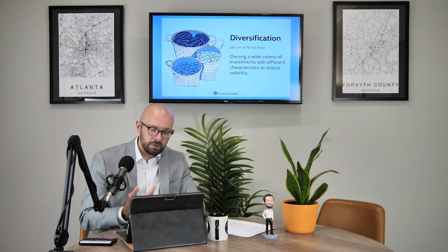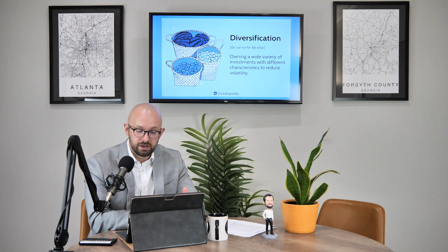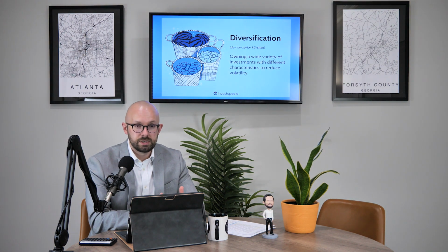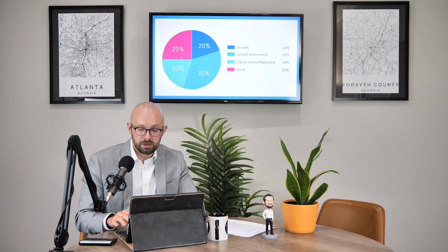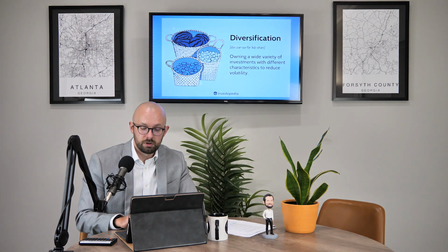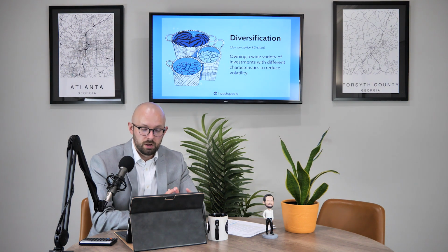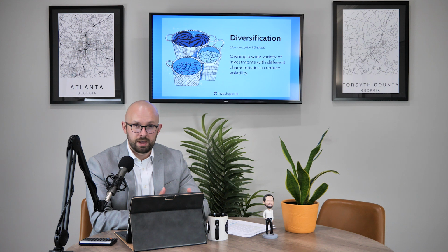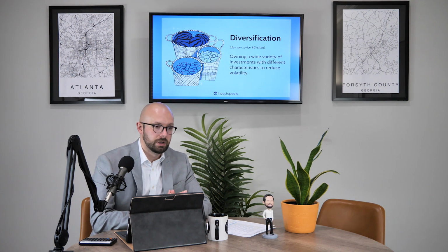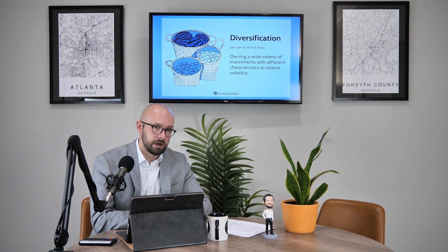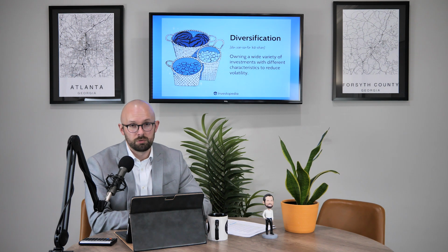So then you go into the diversification aspect of it, and you're looking at taking each one of those slices, like the growth and income, the bond, the equity income, the balance side, and you want to own investments that are going to optimize each one of those categories. So if I have 4 categories in my portfolio, let's say aggressive growth and income, international, and bonds, you don't want to hold one bond, then one international stock, then one growth stock, and then one growth and income stock. You're holding 4 companies for your entire portfolio.